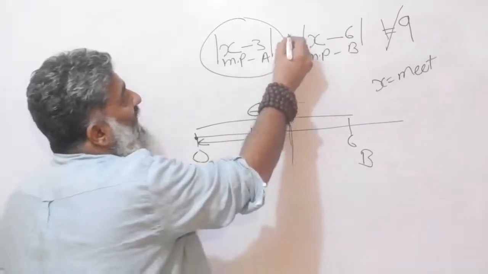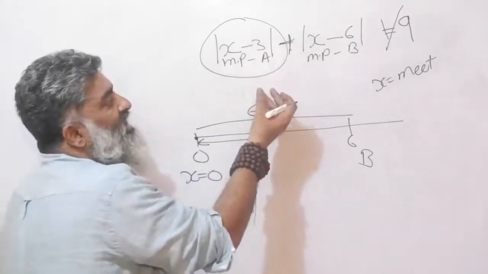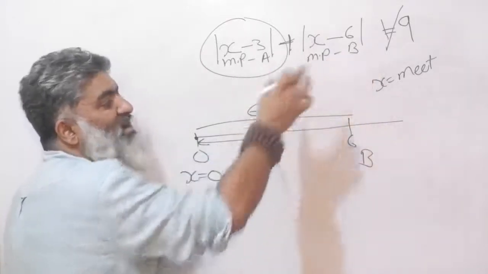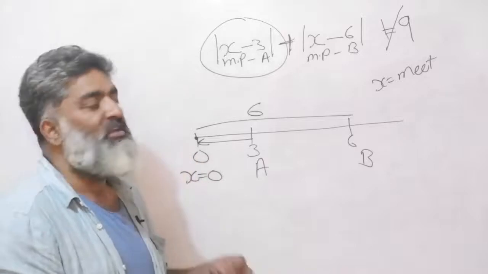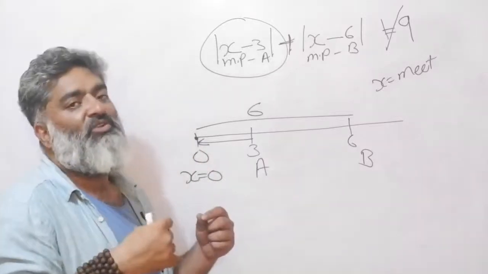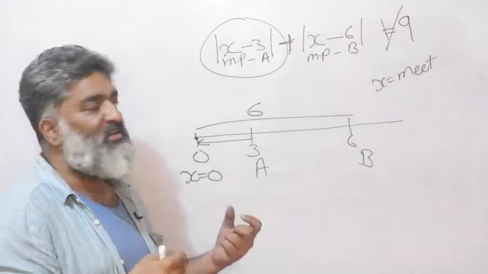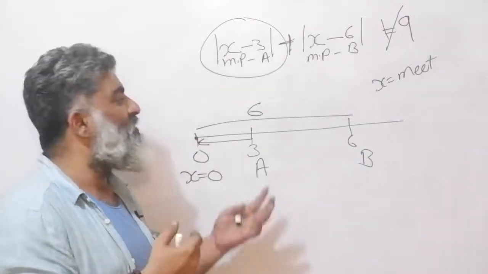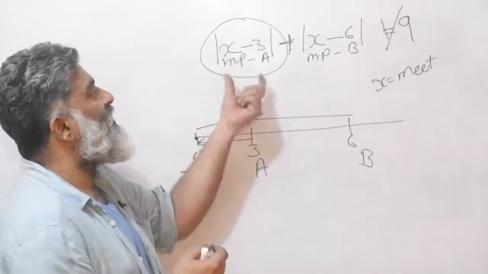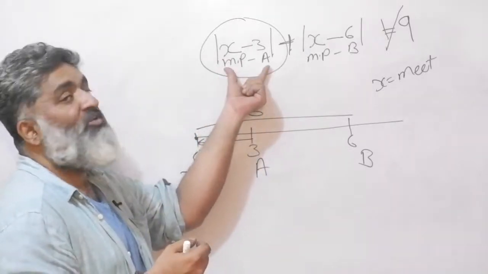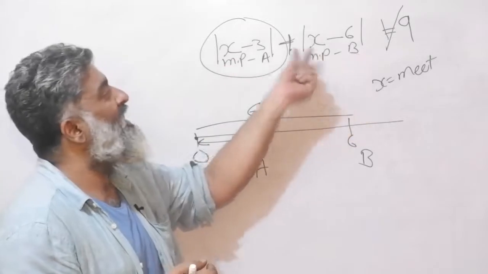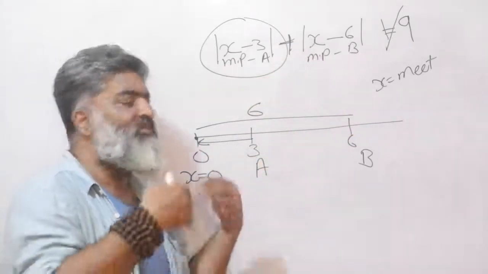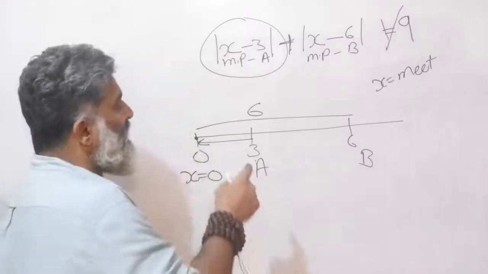And now you are saying add them. That means basically add the distance traveled by A plus add the distance traveled by B. So this is our foundation story. The moment you get okay with this, then it will become a very, very simple game. So make sure that you hit pause, rewind, or sit down and think about what I am saying. X is the meeting point, the distance of meeting point from A, the distance of meeting point from B, and I am adding them, right? Why I am building the story will be visible, the shortcut will be visible in no time, right?